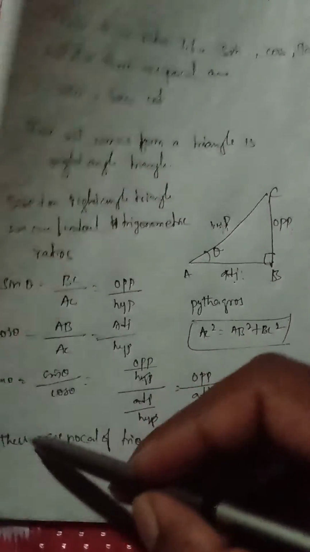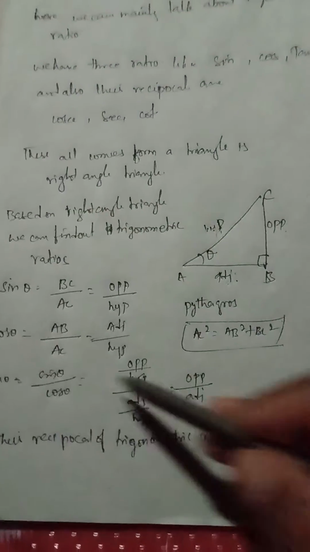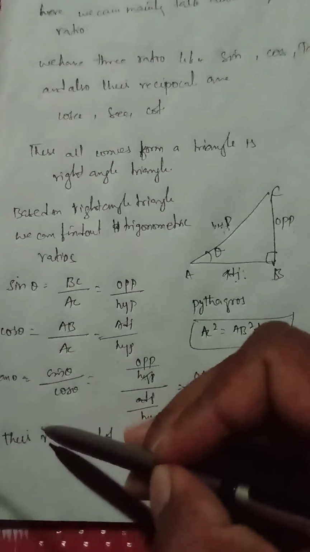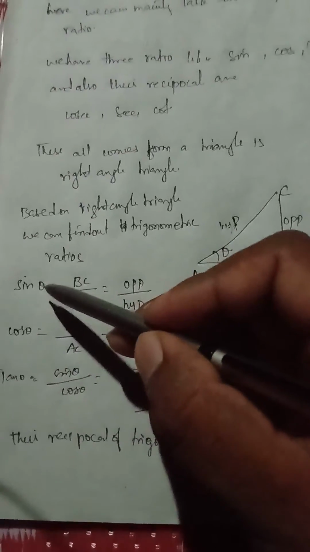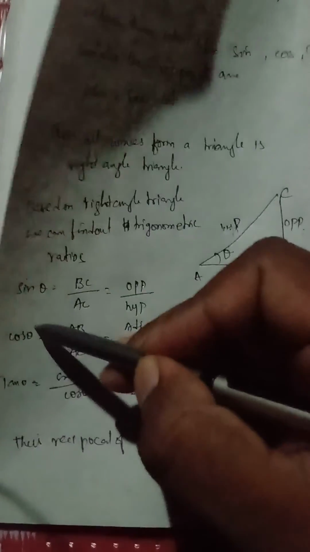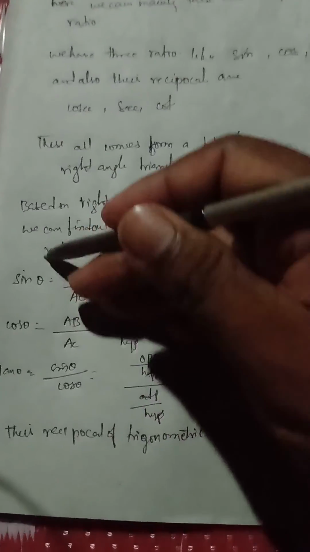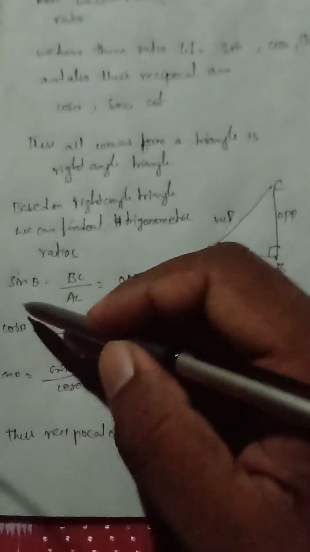Now let us find the reciprocals of the trigonometric ratios. What are the three trigonometric ratios? Sin theta, cos theta and tan theta. These all are the trigonometric ratios. Remember. Now first we'll discuss what is